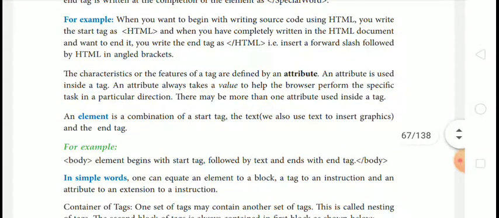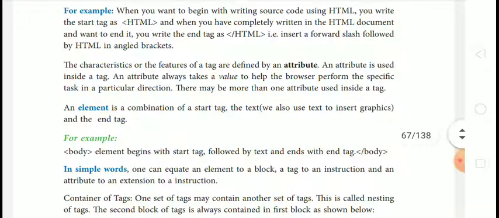For example, when you want to begin writing source code using HTML, you write the start tag as HTML, and when you have completely written the HTML document and want to end it, you write the end tag as closing HTML tag.